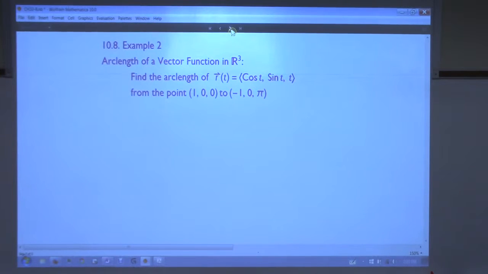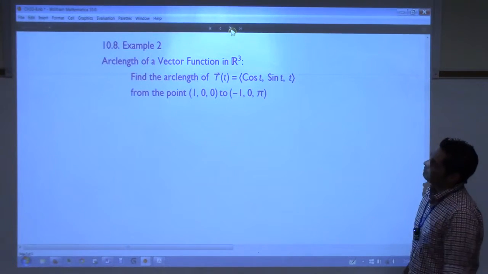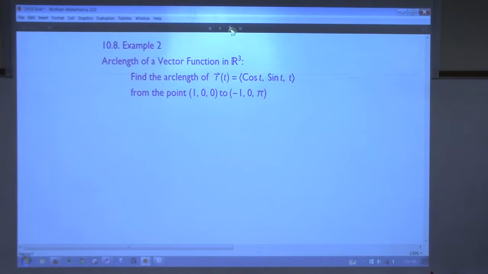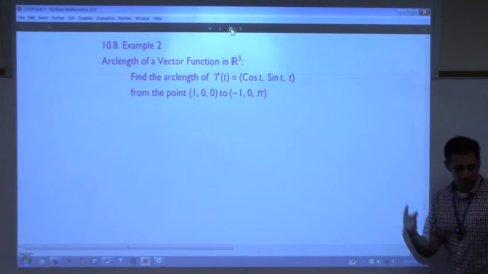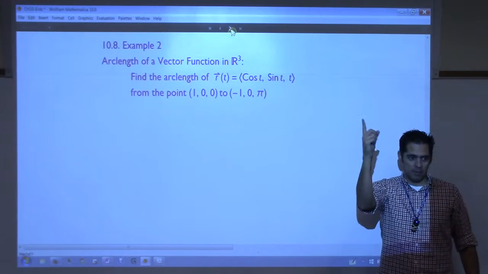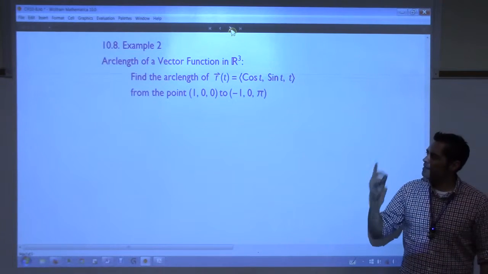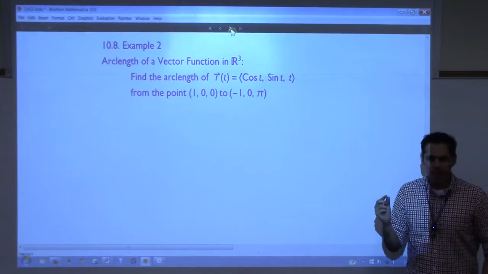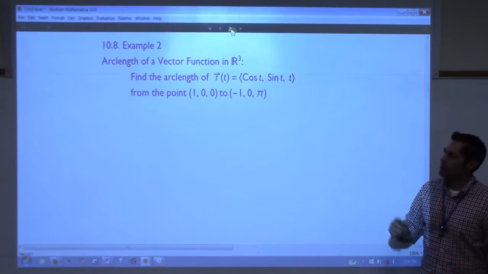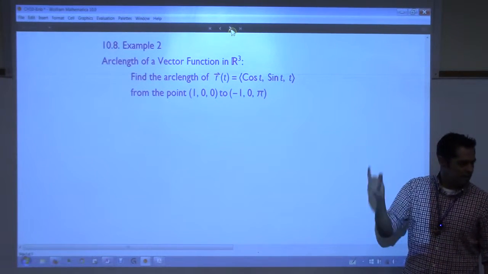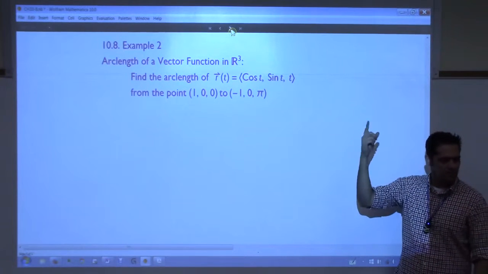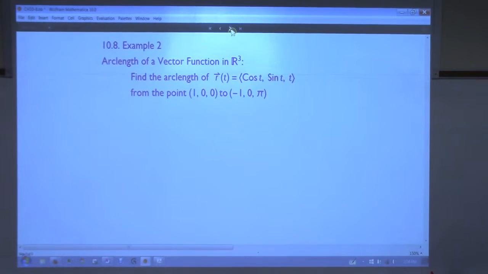You recognize this function. What does that draw? Right? We called it a spiral last time. It's not. It's more like a spring. Spiral, you think of it like growing, getting bigger as you go out. This is like a spring. It's the outside of a can, going up the outside of a can, or like the helix thing. So find the arc length of this three-dimensional vector curve from the point 1, 0, 0 to negative 1, 0,